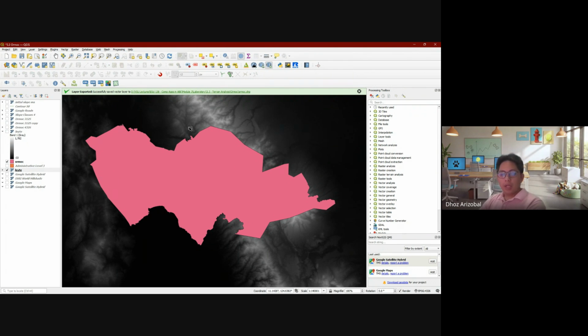If you remember AutoCAD, you clip or trim the DEM so it is only within the bounds of your shapefile or administrative map.